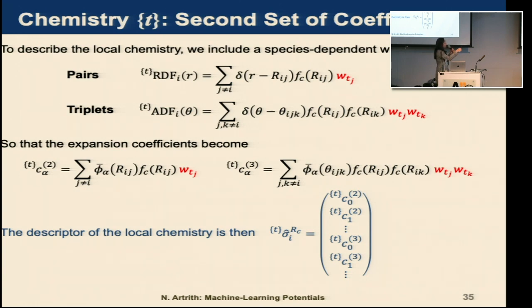So we introduce a second set of coefficients that we use to describe the structures. In this term, we still have two types of descriptors: the two body and the three body. And now we introduce what we call the weight of the chemical species. This is just something that you use to classify different types of chemical species. For example, if you have one chemical species,